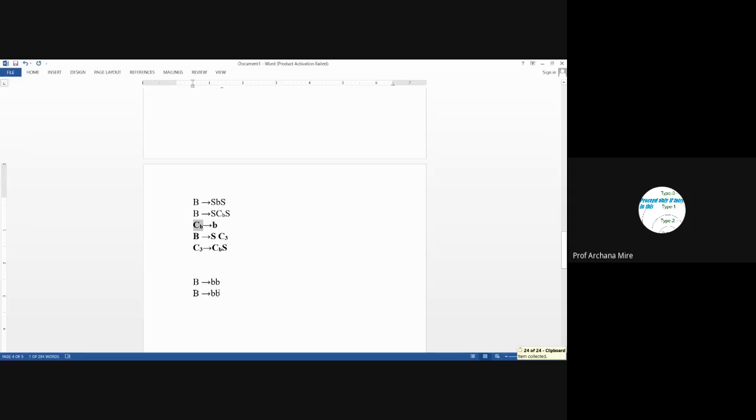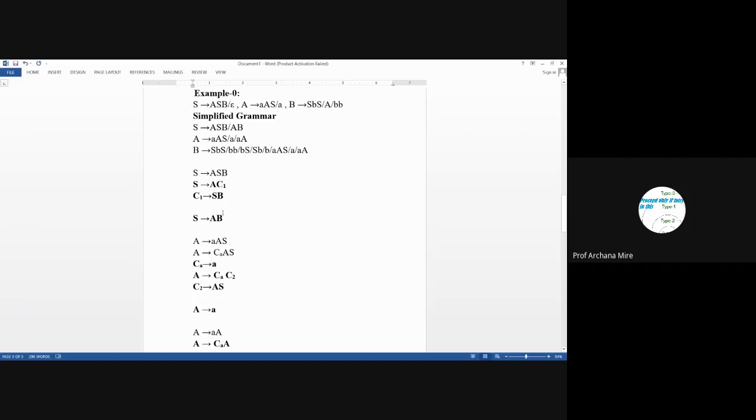CB leads to B is already included in the grammar, so we will simply replace this B with CB and this B also with CB, and we will use the production rule B leads to CB CB.